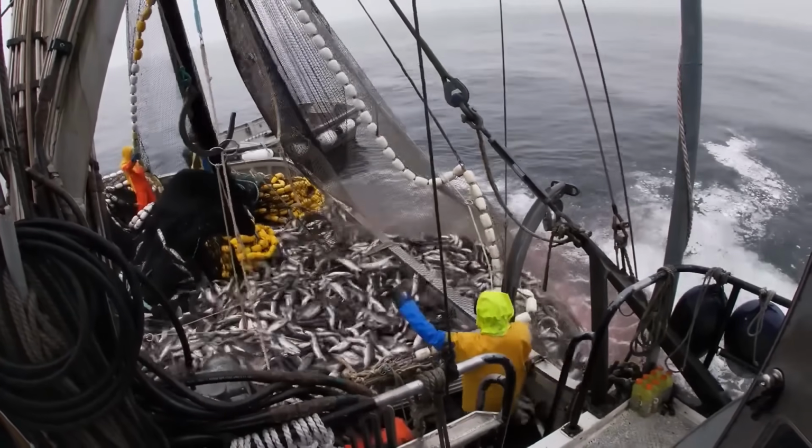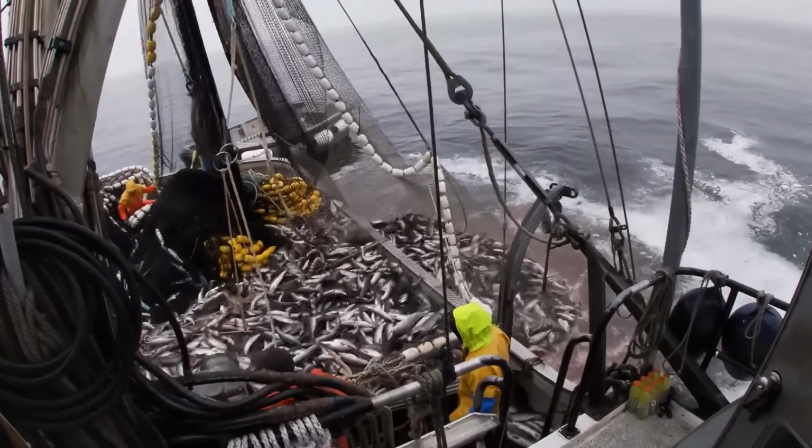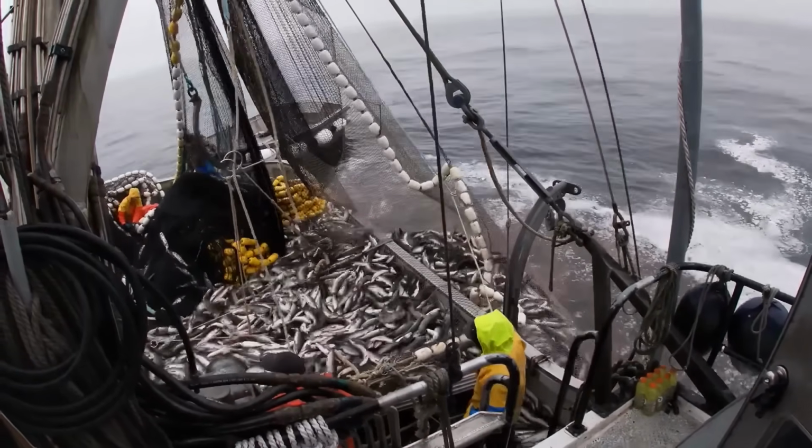In short, salmon fishing today is no longer a single activity revolving around nets and boats, but has become an organized industry that combines traditional knowledge,